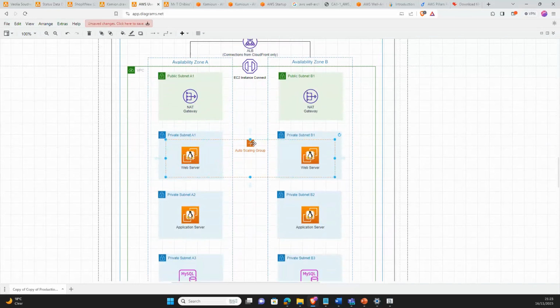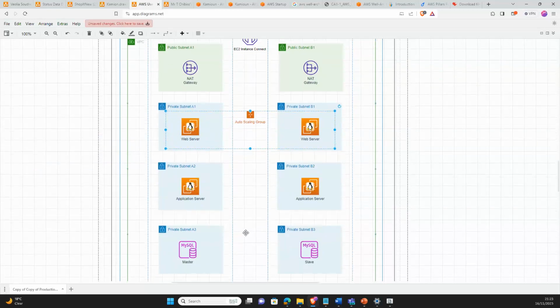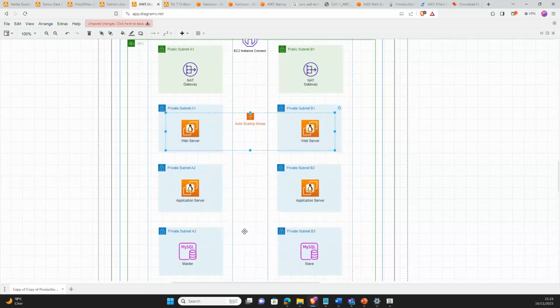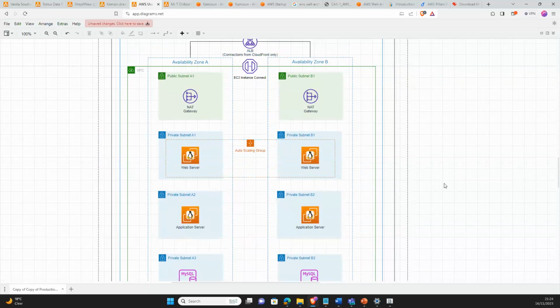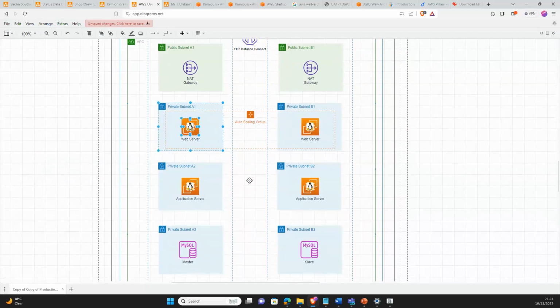Because remember, we have an auto-scaling group. Whenever there's too much traffic, this auto-scaling group can automatically scale our application to meet that demand. In cost, we won't see this unless we have deployed it fully, but just bear in mind that we can start small and right-size as time goes by.